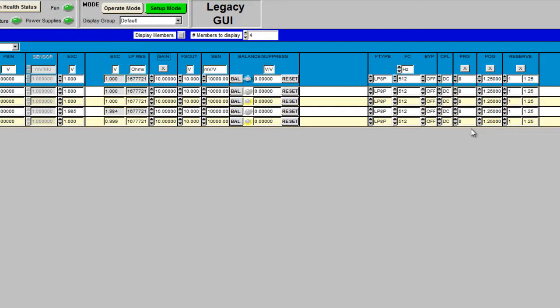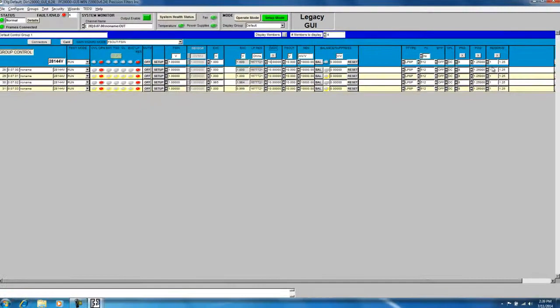The distributed amplifier gain is displayed in the GUI as an overall gain field and a PRG and POG field representing pre-filter gain and post-filter gain. This is shown in the GUI by the gain, PRG, and POG fields. The distribution of the amplifier gain between the pre-filter gain and post-filter gain stages is controlled by the user using the reserve field setting. The 28000 GUI offers built-in channel gain calculators that allow the amplifier gain to be calculated